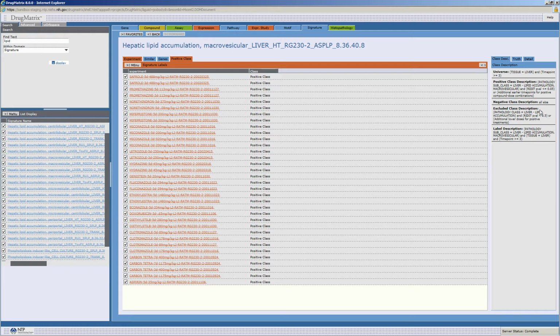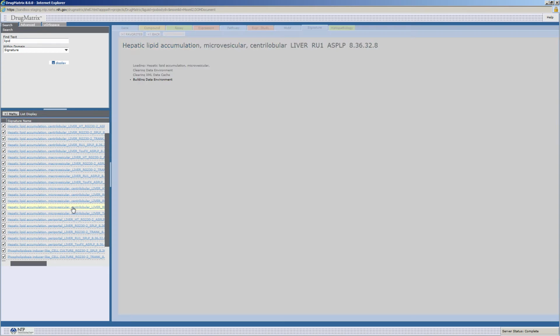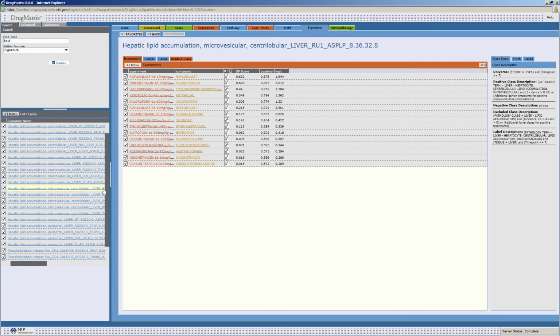And then it tells you if there was anything excluded, and that gives you a label description. It tells you what the average true positive, true negative. You get the basic idea, basically the details on how well the signature performed, and then gives you a whole bunch of other information. Again, so you can pick any one of these if you wanted to. There's microvesicular. One of the things that they never did was actually go out and look at the different pathways,